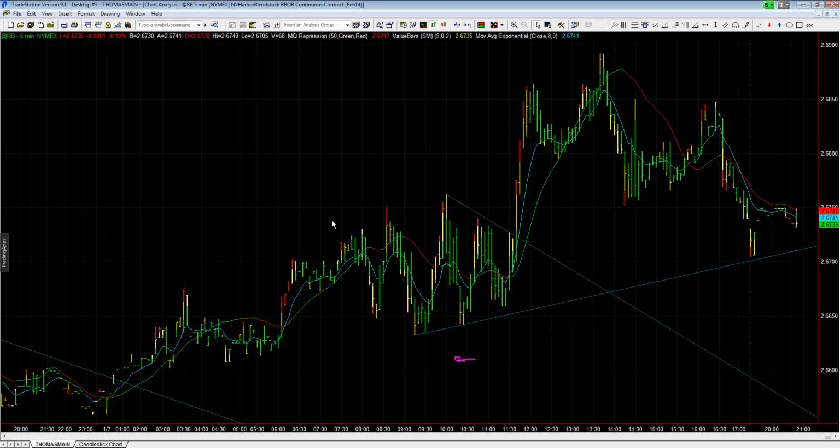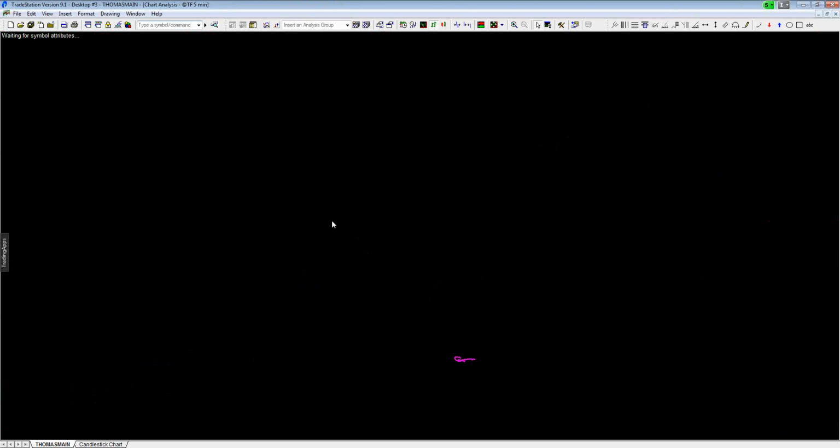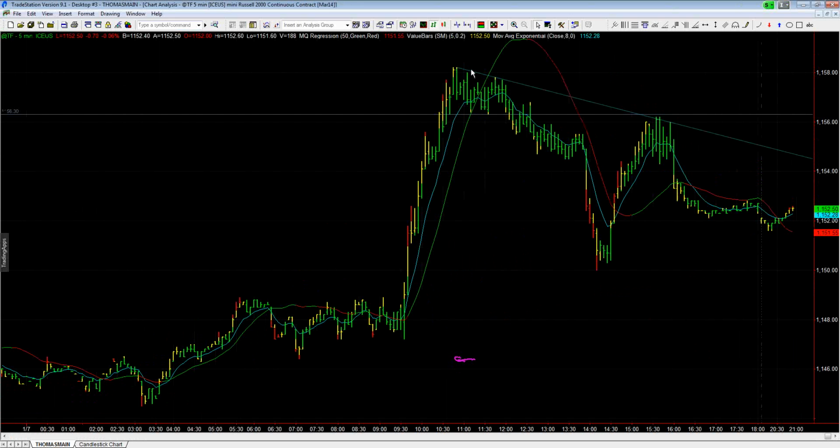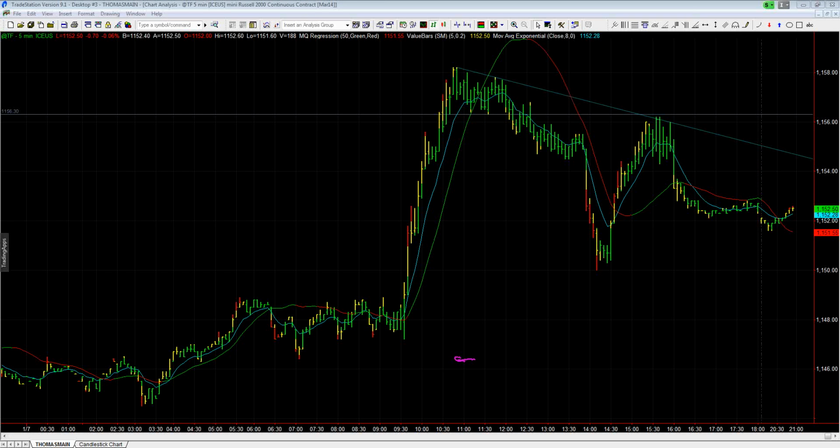Let's take a look at the Russell. This is another one we pointed out today. You had a descending wedge right here, and we had seen one. You had 3 different points that you tested the support level. 1, 2, 3, basically 4, I guess you could say, that it hadn't broken, and then you had a nice descending trend line. So you had a descending wedge up here in the Russell. We said watch for it to break out. It broke out to the downside.